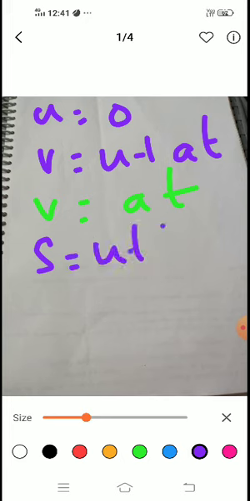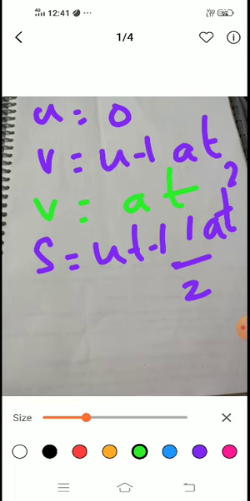So the first condition is it is starting from rest. Rest means initial velocity becomes 0. Therefore v is equal to u plus at will change into 0 plus at, so it will become v equal to at. Now the next equation, s is equal to ut plus half at square. Now apply the condition. What is our condition? U is becoming 0. Therefore s is equal to half at square. Similarly v square is equal to 2as. So this is your condition whenever the body starts from rest, that is, the initial velocity is 0.